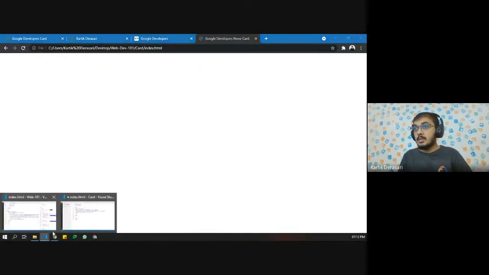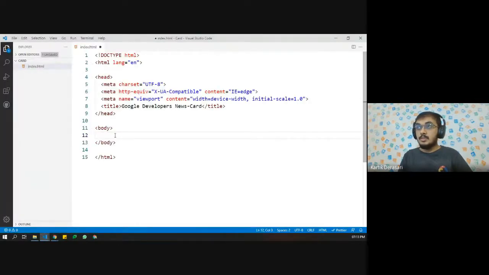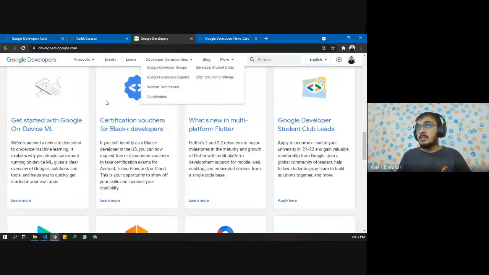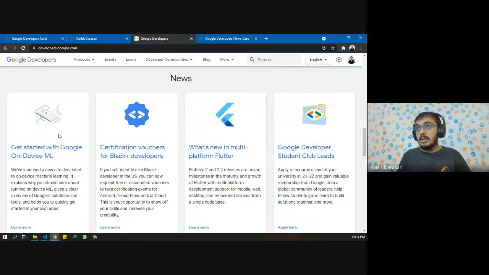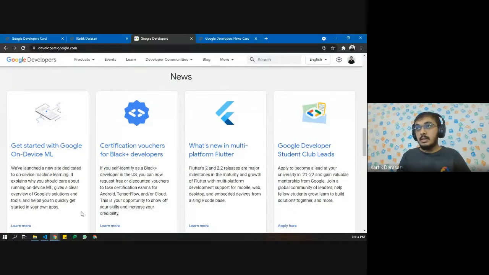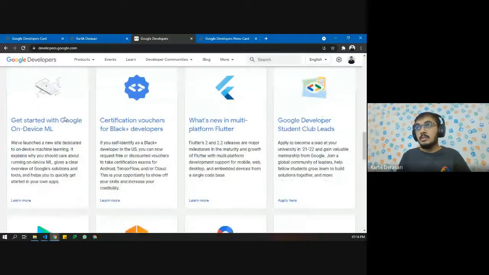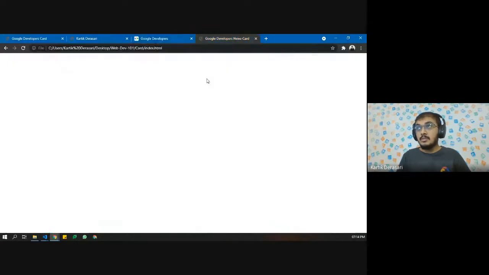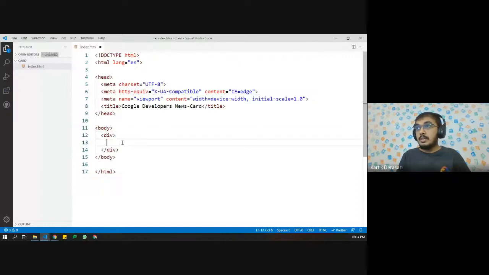Now let us first use a div. A div is something we generally use when we want to group some elements together. For example, we want to group all these elements inside this rectangular container. For such purposes, we can use a div, and we'll style all these things later on.